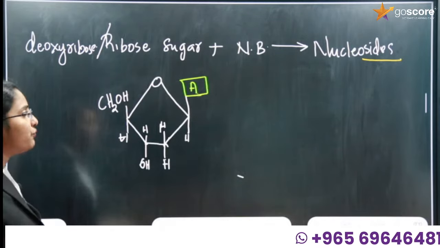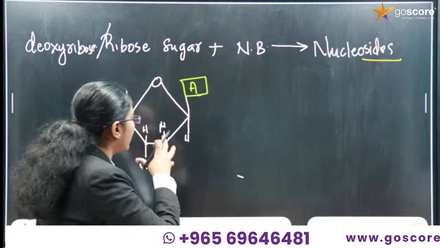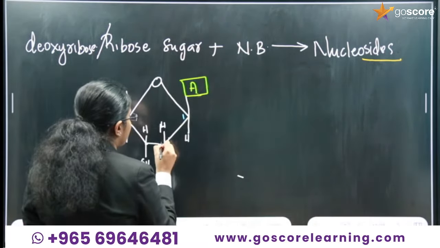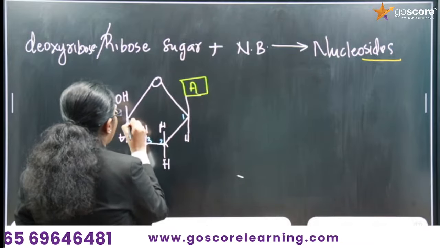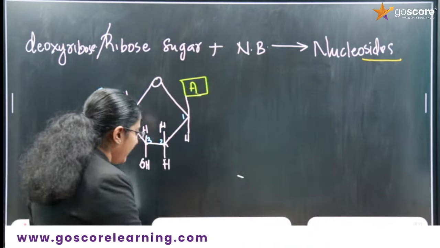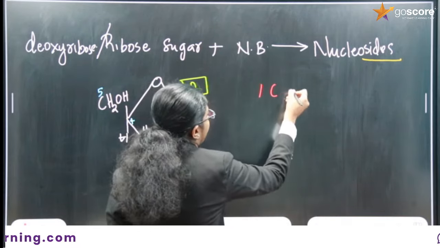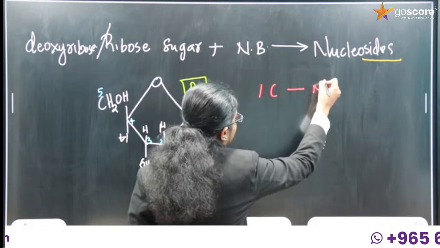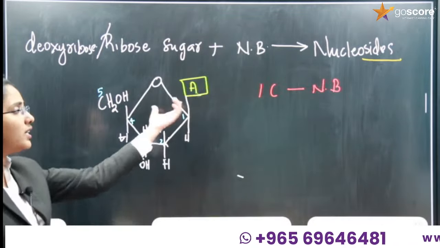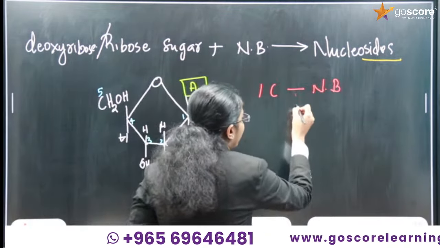Okay, clear? So the first carbon is attached with the nitrogen base. This is the first carbon, this is the second carbon, this is the third carbon, this is the fourth carbon, whereas this is the fifth carbon. Okay, so we can write the first carbon is attached with the nitrogen base. So there is a bond actually formed in between, right? And the bond formed here